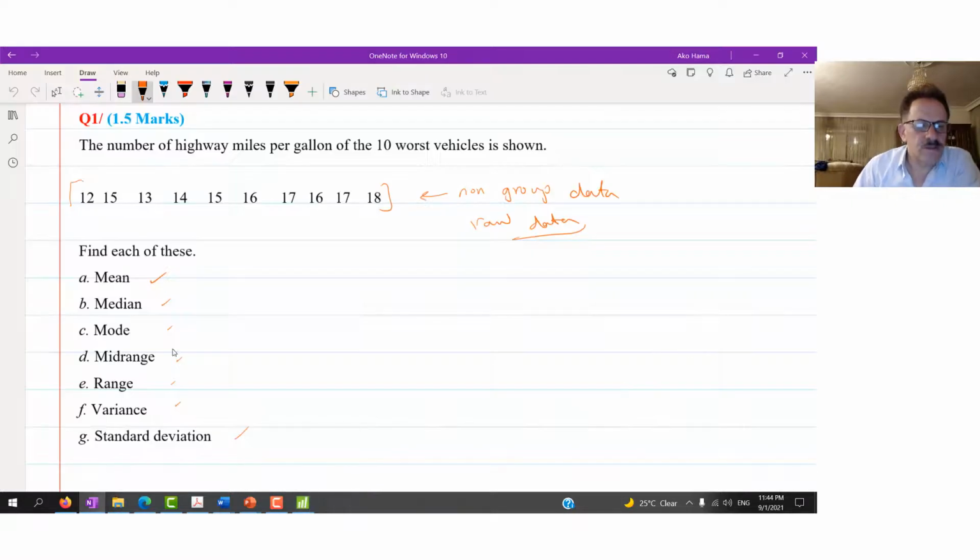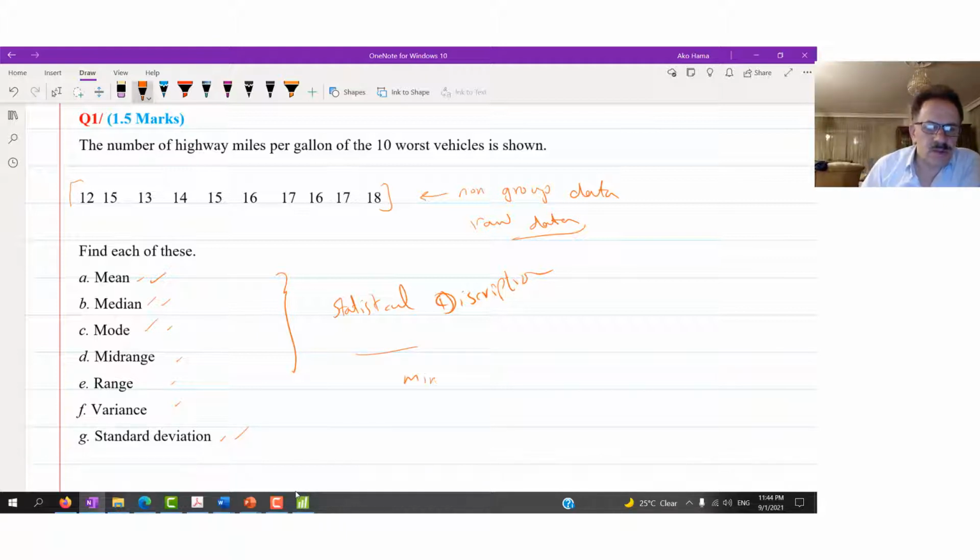To find the required mean, mode and so on, these are called statistical descriptions. There are central tendency measures, which are the mean, median and mode, and there is the standard deviation, and the other data descriptions. So what should we do?